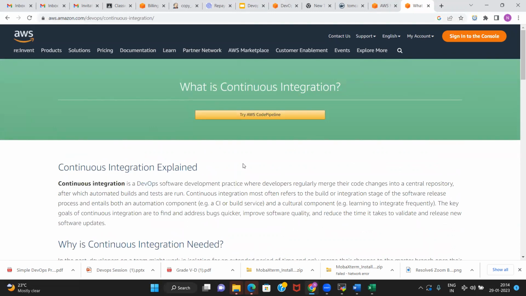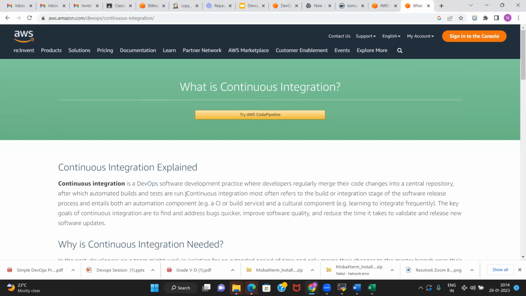This term is coined as part of the DevOps methodology only. Before DevOps, the continuous integration concept was not there in IT. So if someone is talking about continuous integration, it is a DevOps term.